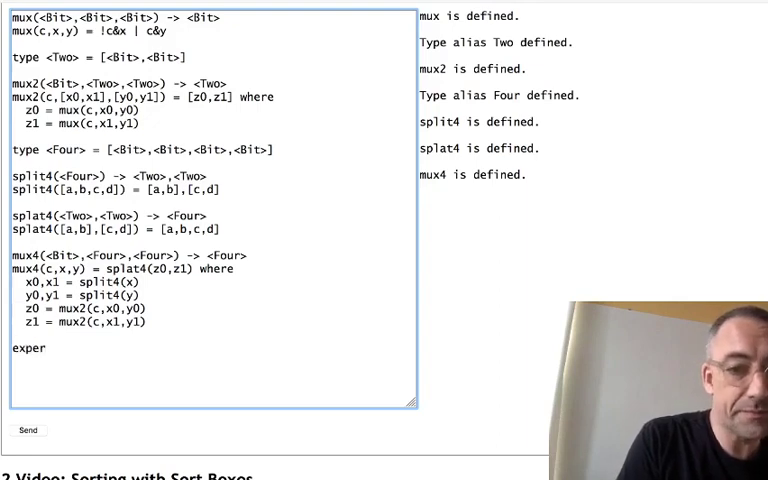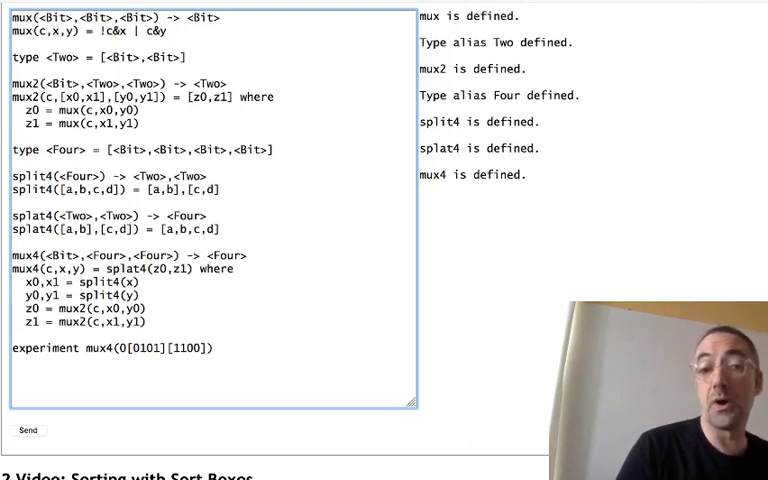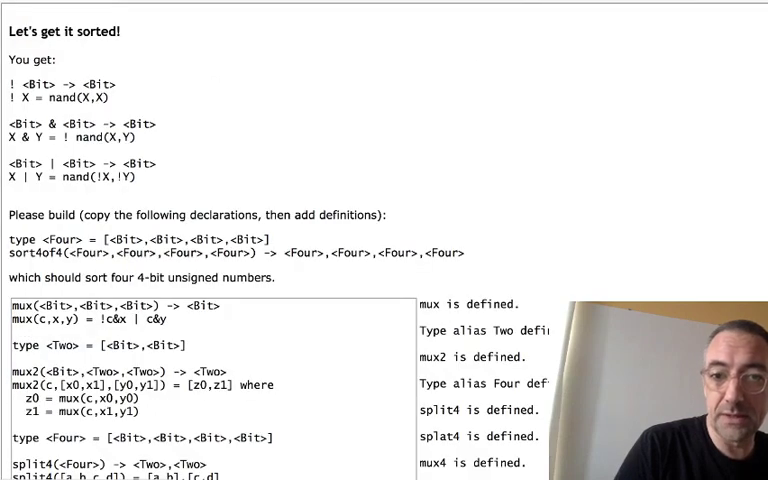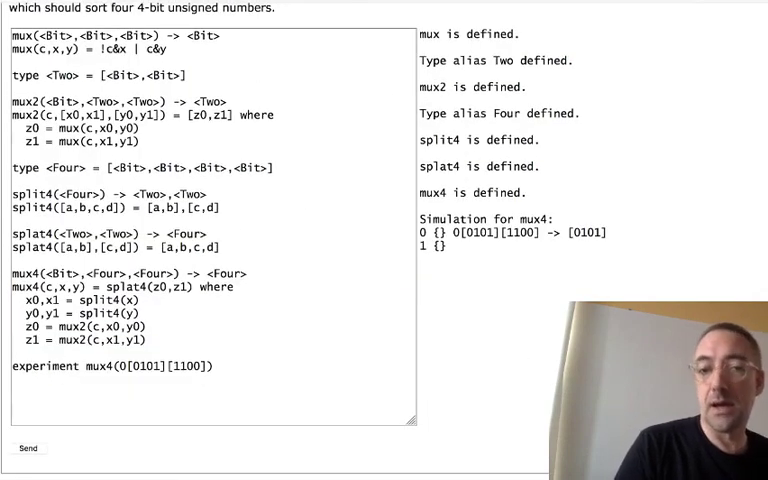We can say that I want to experiment with mux4, and I want to give it the inputs 0, 0, 1, 0, 1, and 1, 1, 0, 0. So one control bit and 2 cables. So I'm just trying one experiment. If I hit send, I get that the result of that experiment is indeed selecting what was in the cable